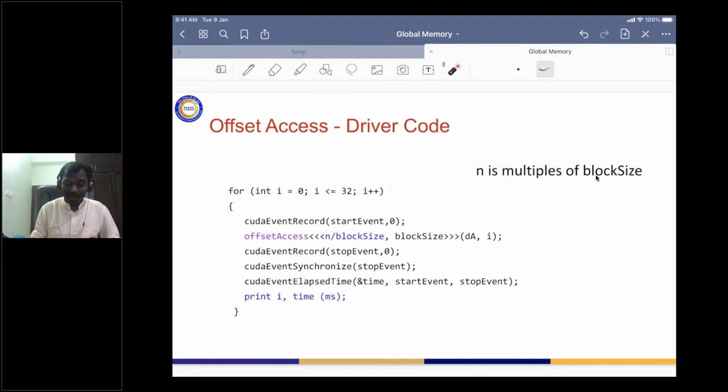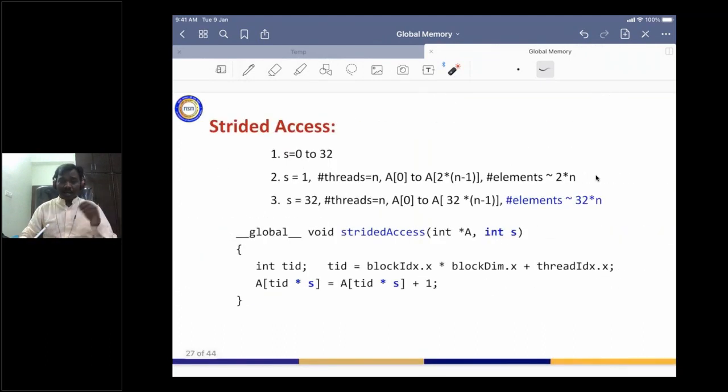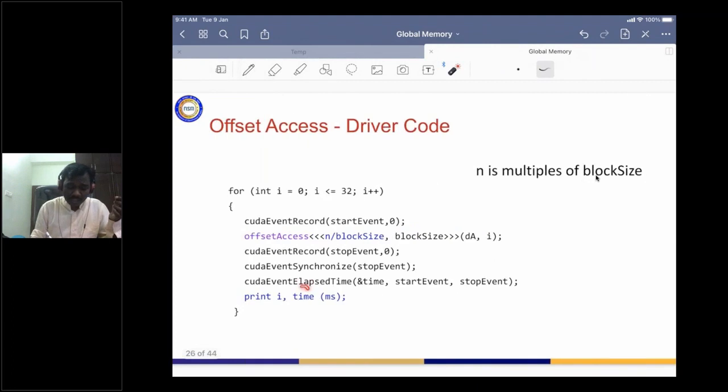Now what happens if you print in all those cases? Of course, the block size and number of blocks, you can think of n by blocks and so on. This is usual. Now when you run this program for all these 32 values, what happens? You can run and see there should be a graph. When you look at the running times, more or less in all the cases we are either reading one memory transaction or two memory transactions. So usually the running time should be more or less the same in all these cases.